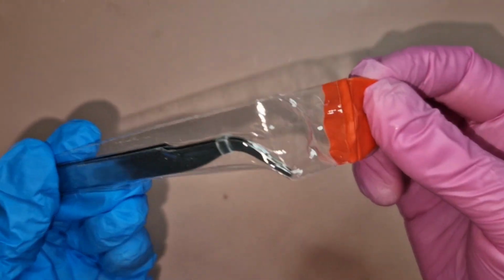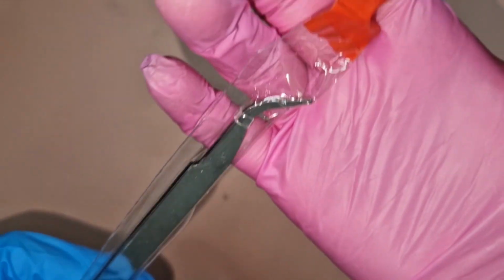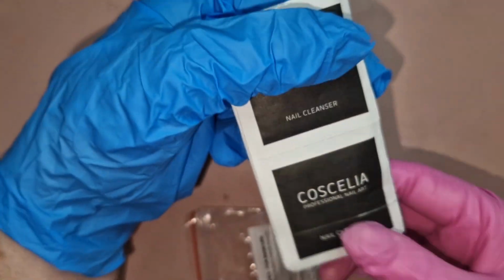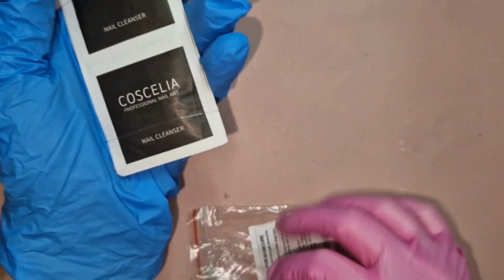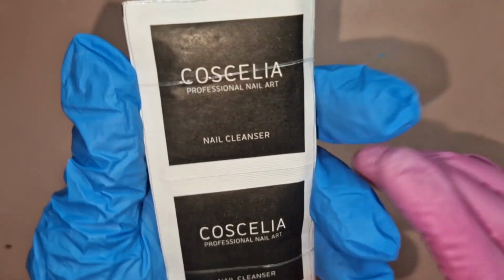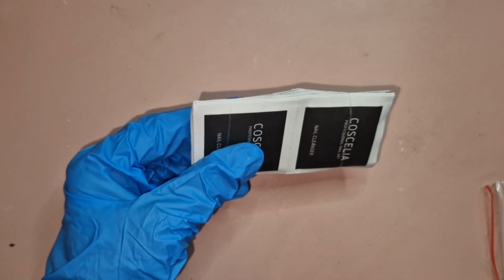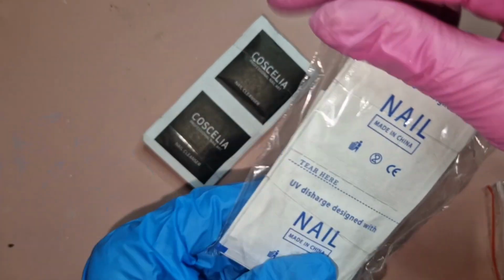You get some tweezers, just some little grabby tweezers, and some normal tweezers. What are these? Oh, nail cleanser. And I always say nail cleanser because that's just my accent. I'm originally from Bristol. A couple of packs of those. Oh, no, wait, something else. This is...